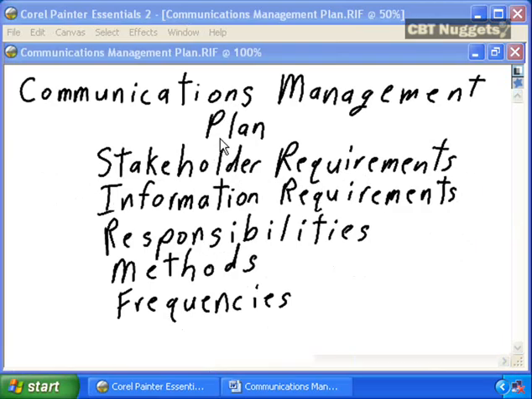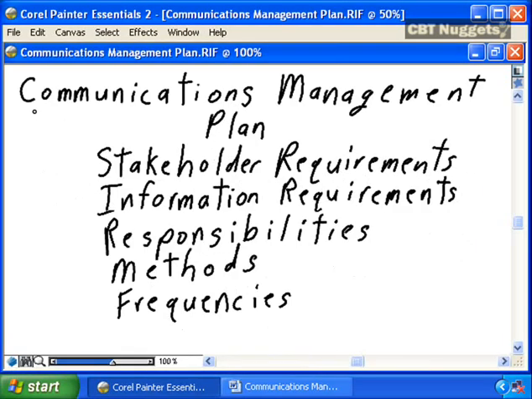The conclusion of the communications planning process is obviously the development of the Communications Management Plan. The Communications Management Plan is going to be the summary, the consolidation of all of the information that we've discussed thus far in this nugget. Obviously, one of the key components to the Communications Management Plan is going to be the definition of the stakeholders